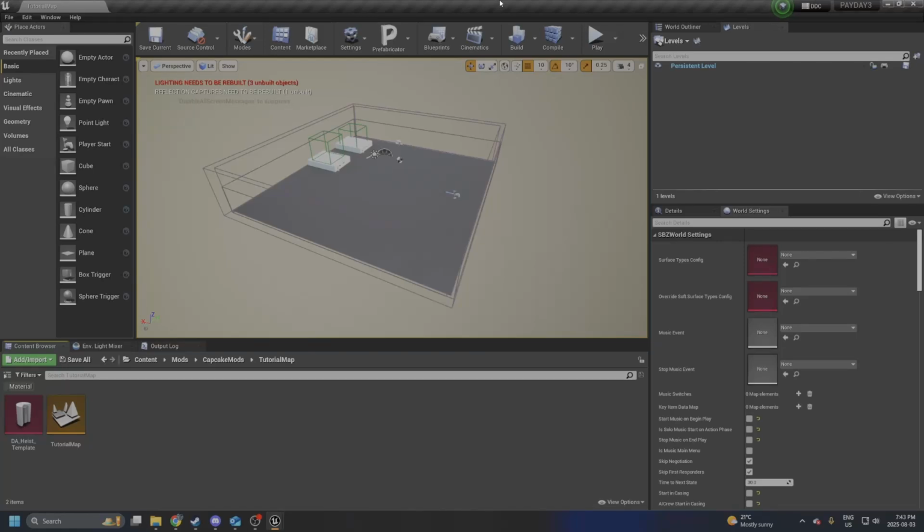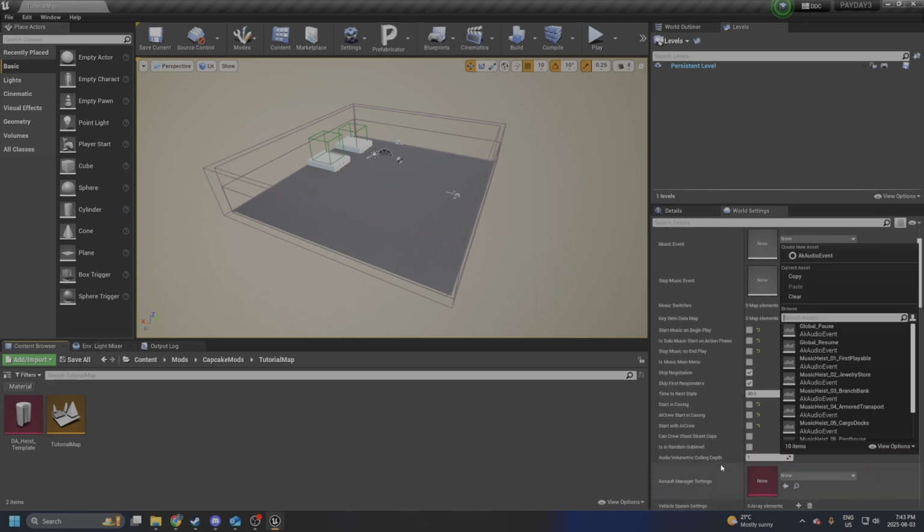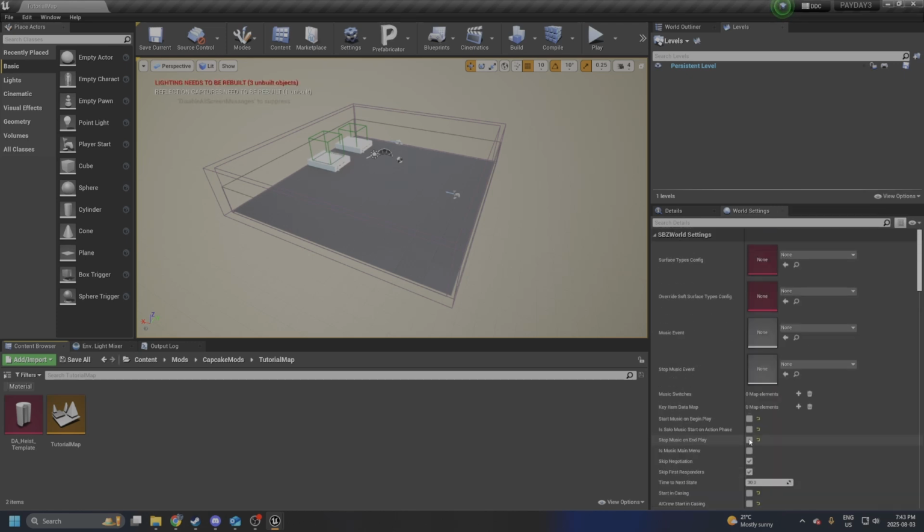Welcome back to the Payday 3 map making guide. In this episode, we're going to be going over world settings and all of its crucial variables. These variables are things such as what music do you want, do you start in casing mode, and other important things. To start off, if you use the template map, the Starbreeze world settings should be there, but if you